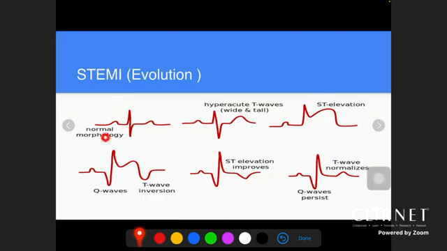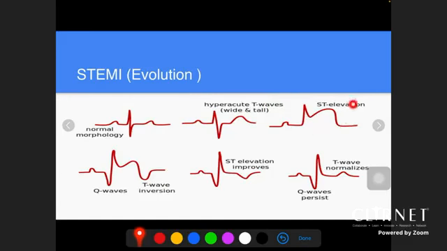So it will start from a normal ECG until you have only Q waves. So Q wave indicates evolved STEMI, and normal morphology indicates very early presentation. So a large number of patients can also present very early with a normal ECG with persistent chest pain. You have to do serial ECGs to detect which stage the patient is in and to pick up as early as possible